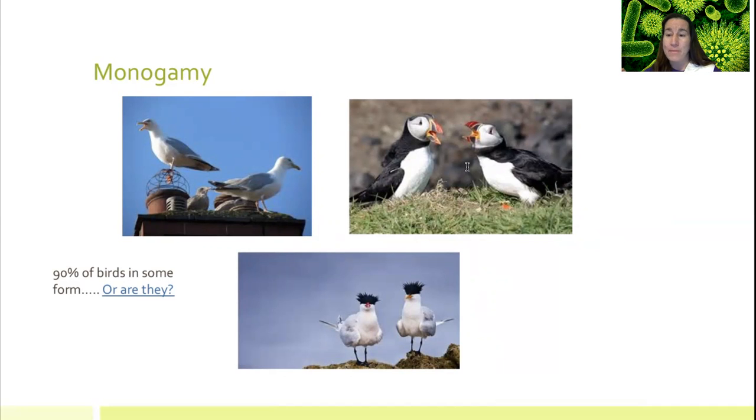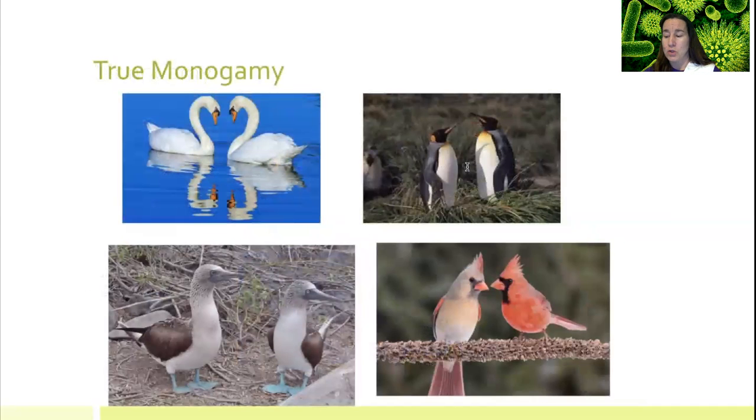90% of the birds are going to have some kind of monogamy. So maybe they will mate up and be truly monogamous, and they are lovebirds for life, like swans or penguins. If anybody's watched the Disney special on penguins that's out right now, Disney Plus has the penguin special. You can watch about how these birds will mate for life, and they will go their separate ways during the off season, and then in breeding season they'll come back. That's true monogamy.